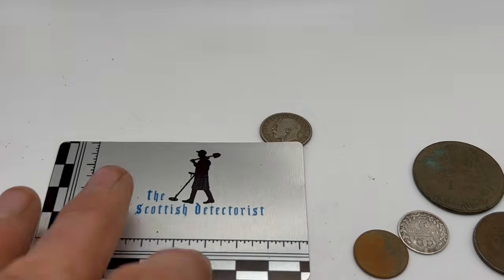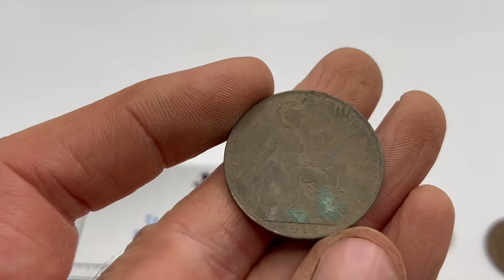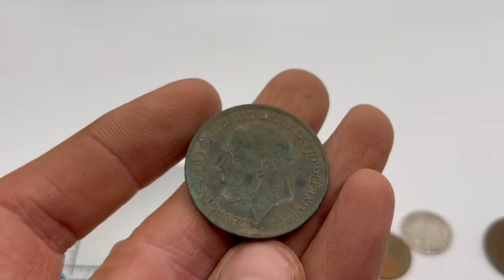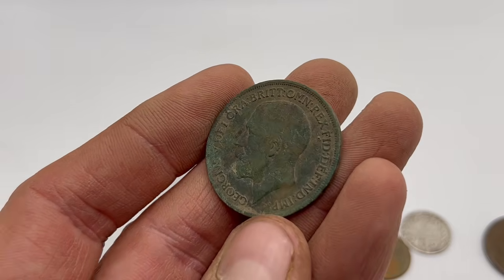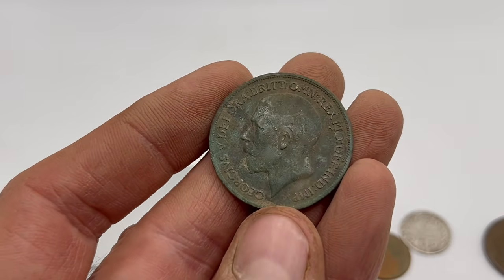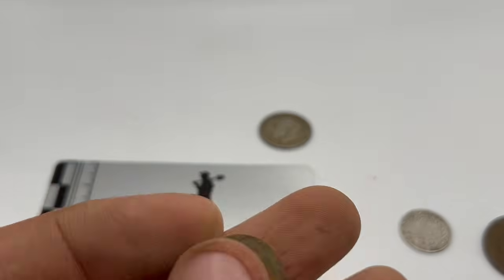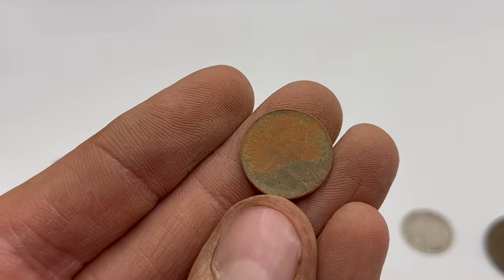And then what else do we have? Well, we've got another penny. This is also George V. This one dated 1916, in much better condition than the other one. You can see his head there clearly looking to the left-hand side. Then we have a halfpenny. Haven't had one of these for a wee while. The year that I was born,